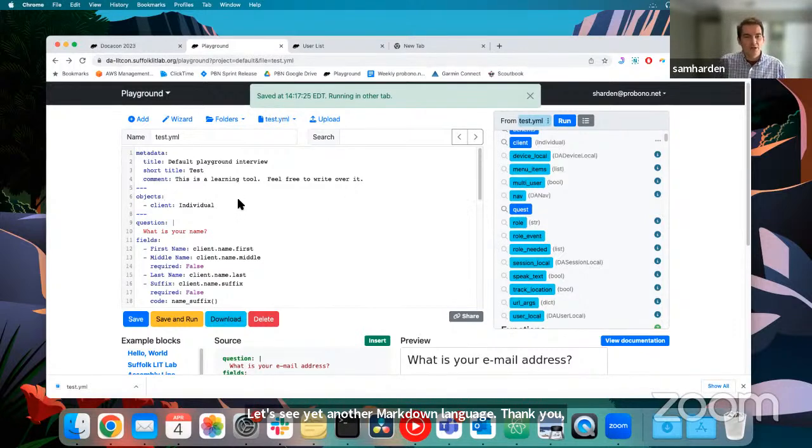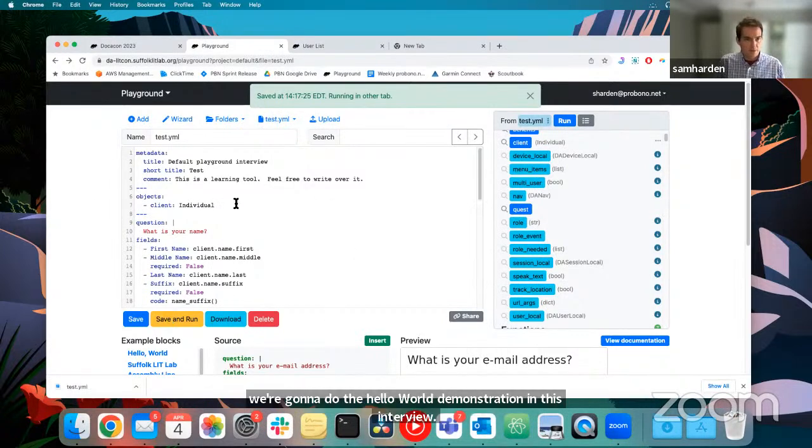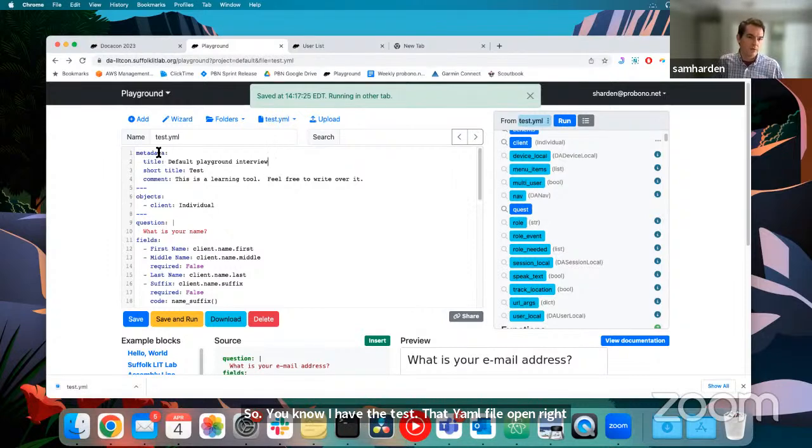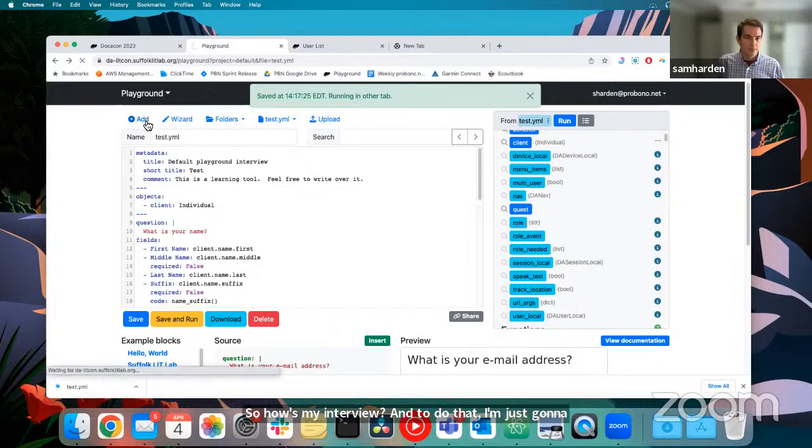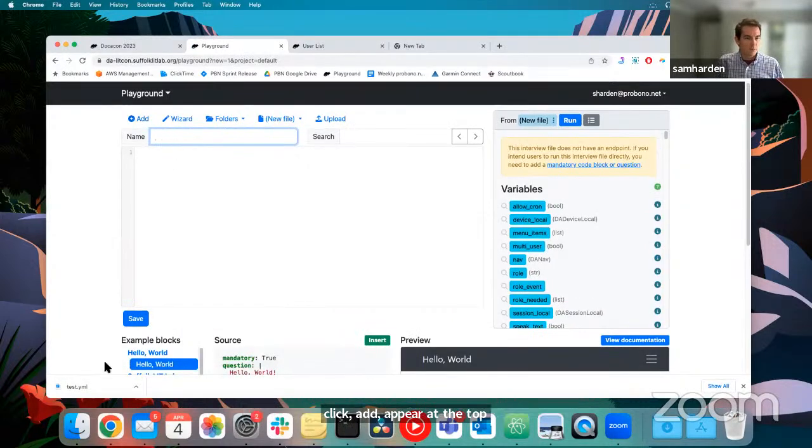So the first thing I'm going to go over is creating a new interview, and we're going to do the Hello World demonstration in this interview. So, you know, I have the test.yaml file open right now, but I want to create a new one to house my interview. And to do that, I'm just going to click Add up here at the top. And it's going to create a blank playground for me and prompt me to put in a name. So I'm going to put in hello